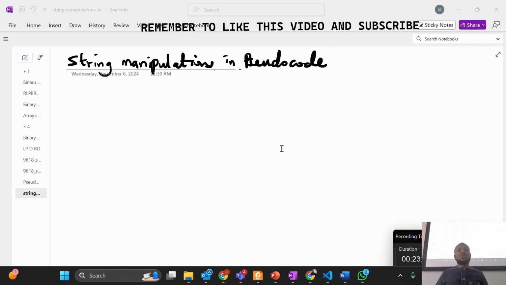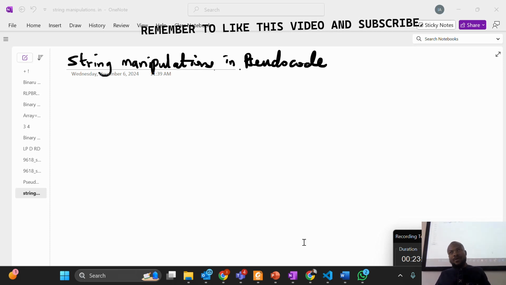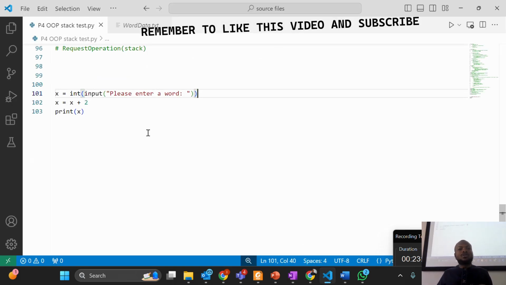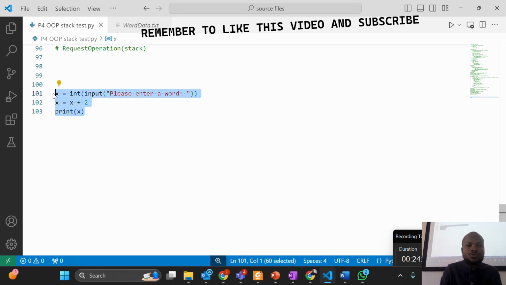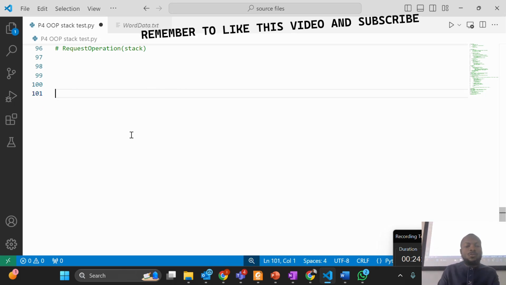Now, string manipulations in pseudocode. Let's take a look at string manipulations in Python, and that will make us understand string manipulations in pseudocode. If I write word is equal to